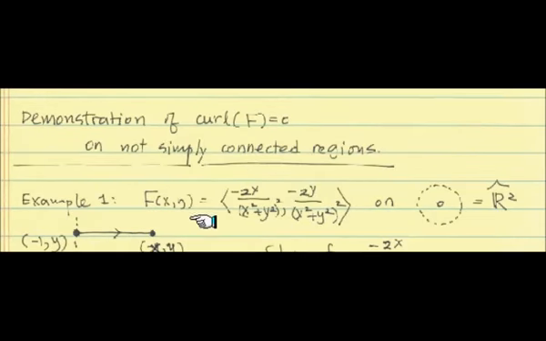Okay, here it is. F of xy is given by these components, and as you can see, because of x squared plus y squared in there, we have to miss that 0 point, and that's the notation we're going to use here. R square hat is going to be the entire real plane, missing just the center point. So for this case, we are looking at this vector field, which is defined on a not simply connected region. But in this case, the answer to this one is still conservative.